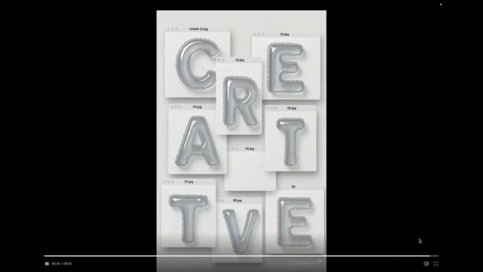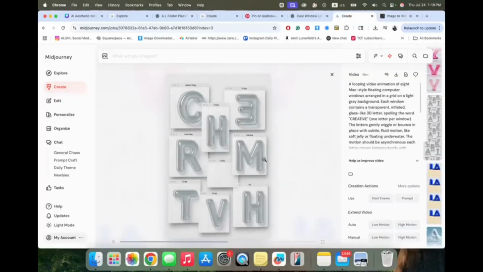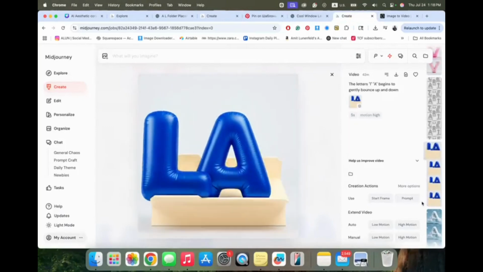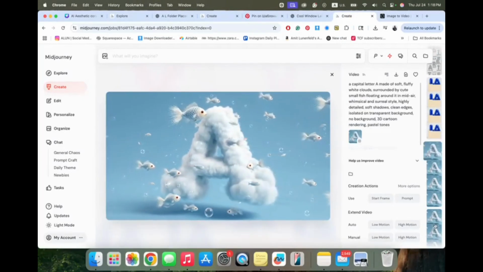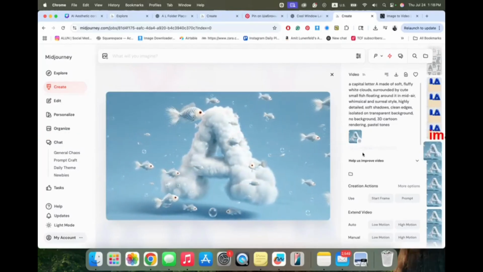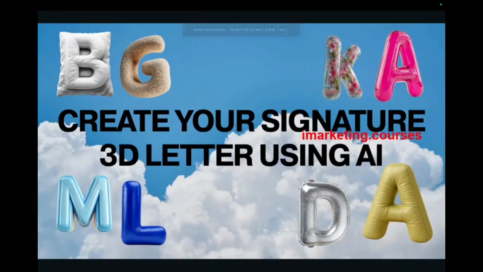So it's really trial and error with AI. Of course, I like the Midjourney version this time, but it's always great to have two apps. Yeah, another cute A letter that I created, more surrealistic, but still very eye-catching, is this one. To summarize, playing with 3D letters, it's fun, and you can create really creative things.